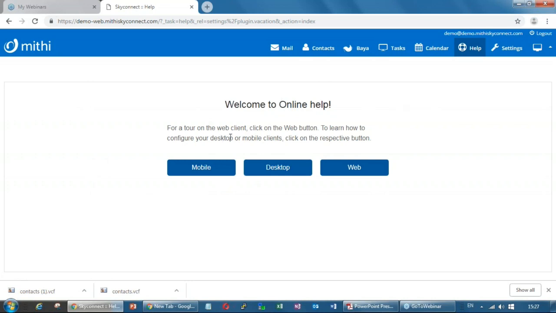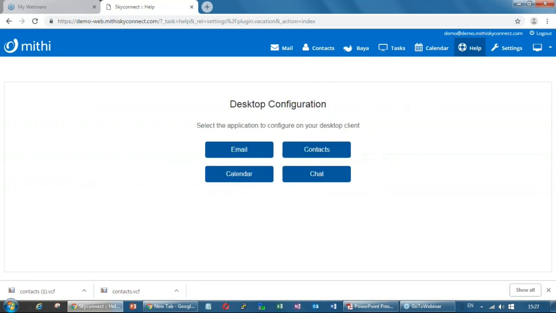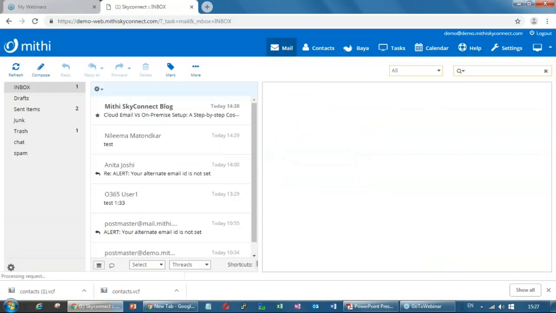All the help topics are given over here. So these are all important links in this interface where you can see the applications and where you can go to the admin panel, the old interface and the help topics as well.